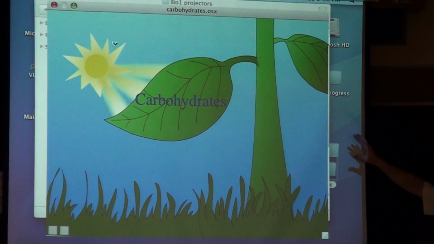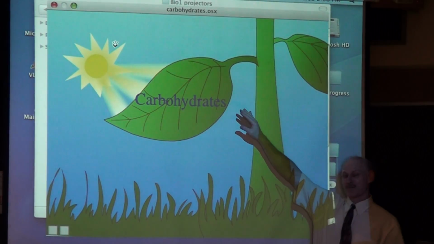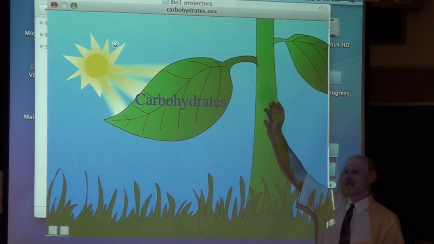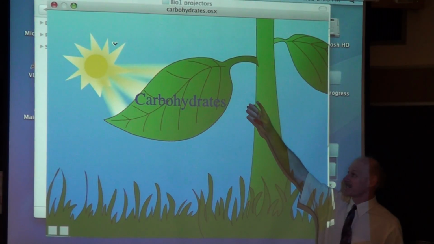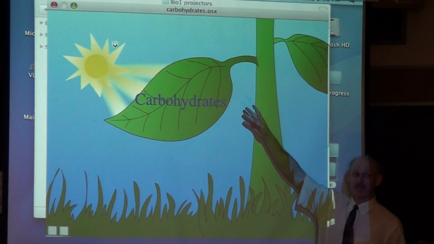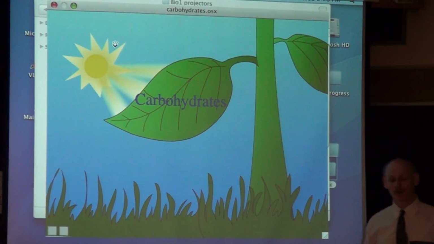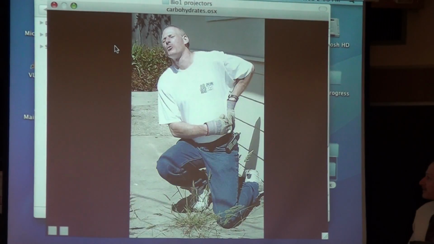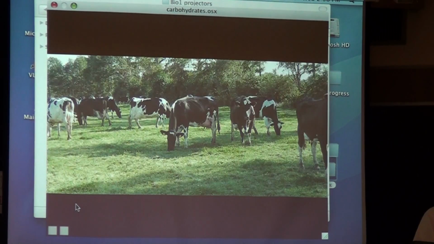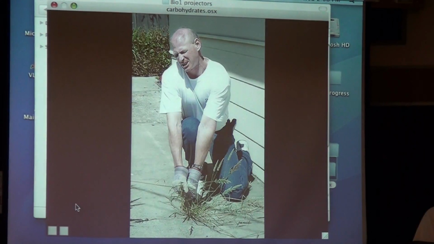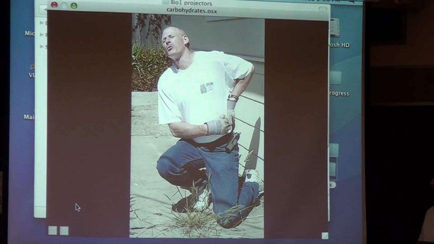Anyway, so what I was saying is, in addition to sugars and starches, plants also make a type of carbohydrate called cellulose. And the cellulose stuff we can't eat, but it's kind of a fiber stuff that we make useful things like paper and wood and cloth. So that's me. I was trying to demonstrate how tough cellulose is by trying to pull up a weed. And it's kind of amazing, even a little weed like that, that doesn't look all that substantial. If you pull on it, they're tough. It's like a tough leathery rope growing out of the ground there. You're more likely to hurt your back than actually break